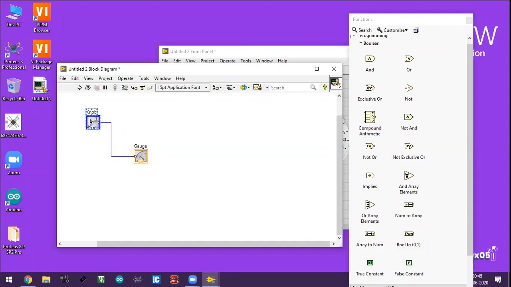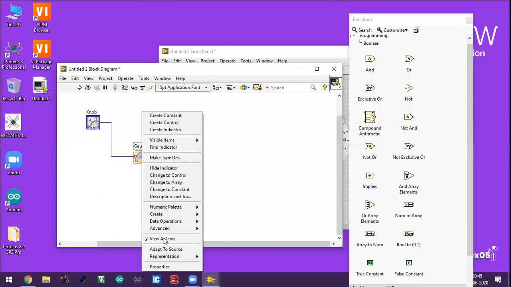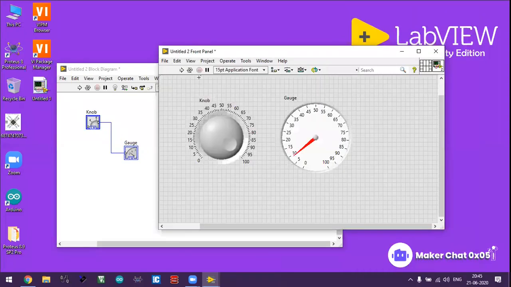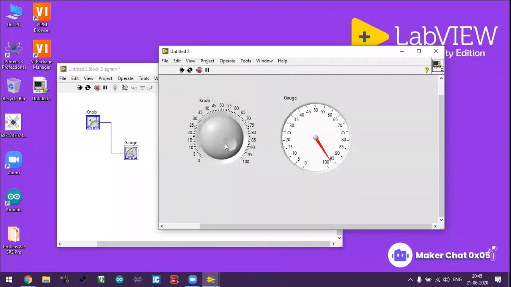So the format of I32 is somewhat different from the double value. So I have to change it to the representation of I32, so that red dot mark is gone. So this is a valid format for both input as well as output. Now we are going to run this and give it a start. If I change this knob to different values, it will automatically be represented on the gauge.